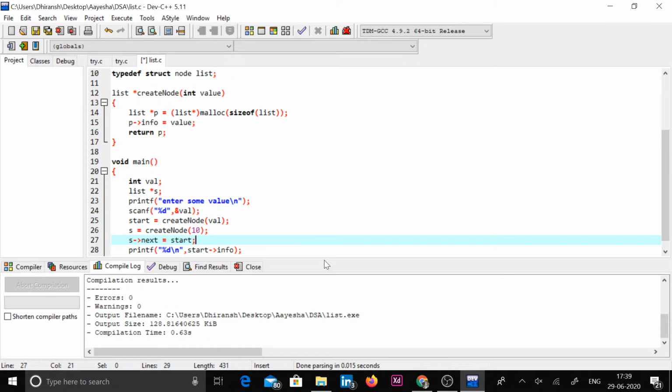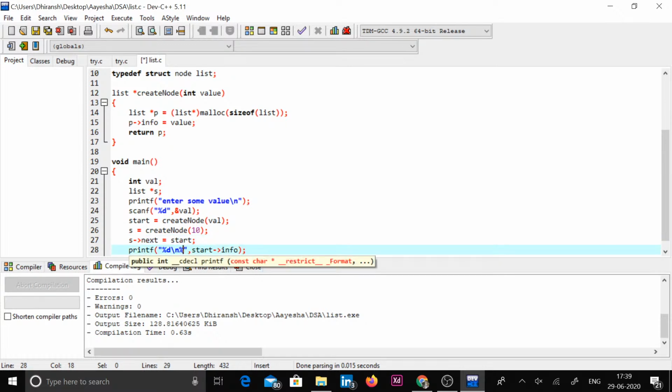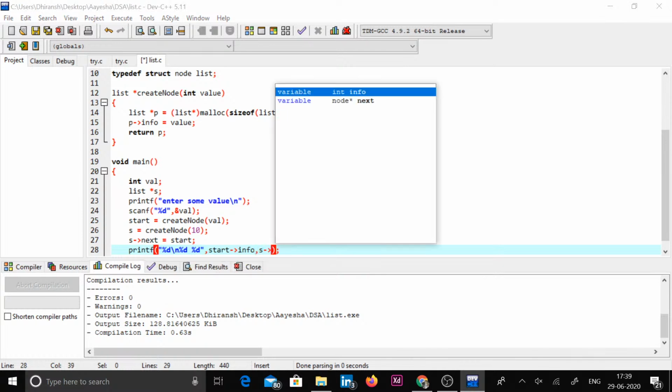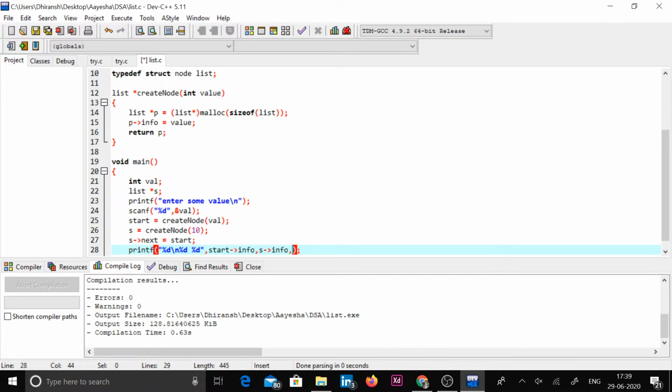Okay, and then we'll also print %d space %d,